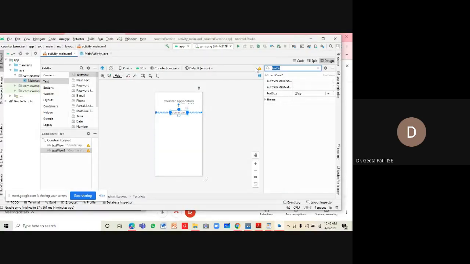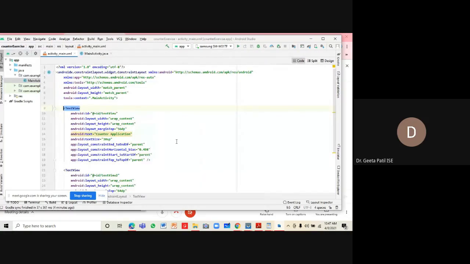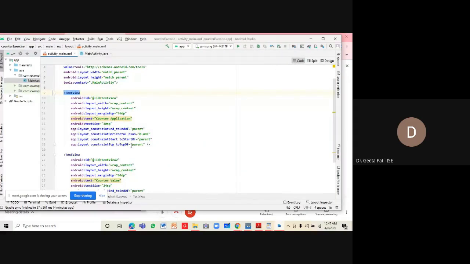ID. ID is text view 2. So let us change it to txt counter value, and the ID of our first label, it has not changed. If it doesn't happen over here, we will be changing it from the code. So just go to the code and change